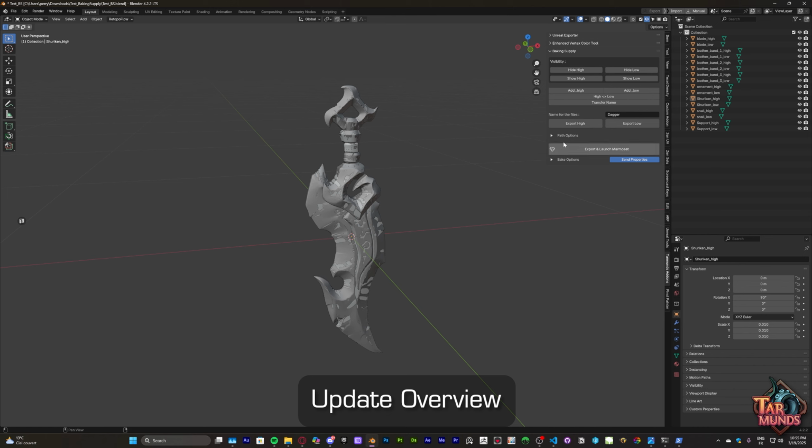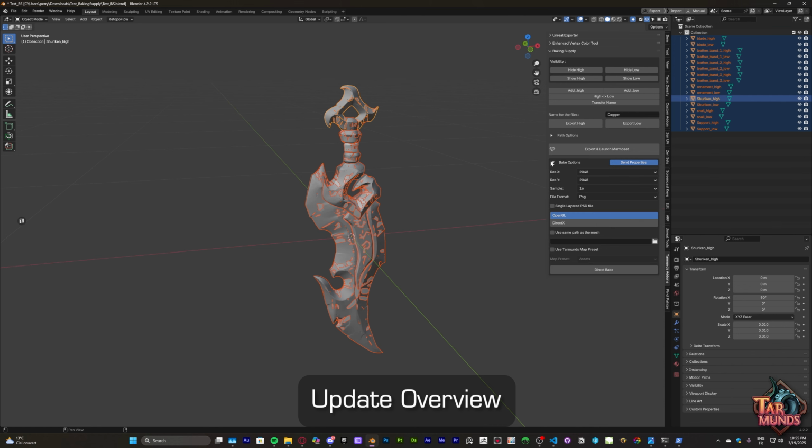What it does is, on your selection, it will export high, export low, open Marmoset, create a baking project, and integrate them into the baking project. So afterward, you just have to set up a few things and bake. So it allows you to directly have on your retopo stuff quickly a bake project set up. It's quite handy, but I added something even more interesting from my point of view,